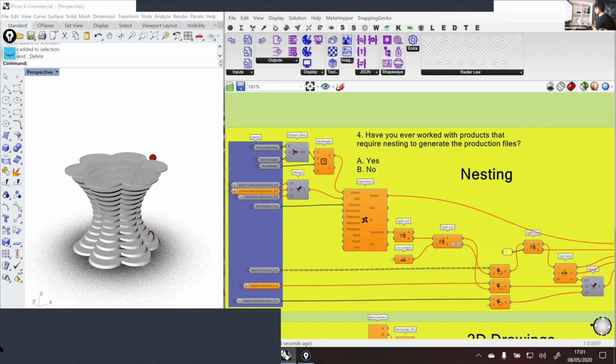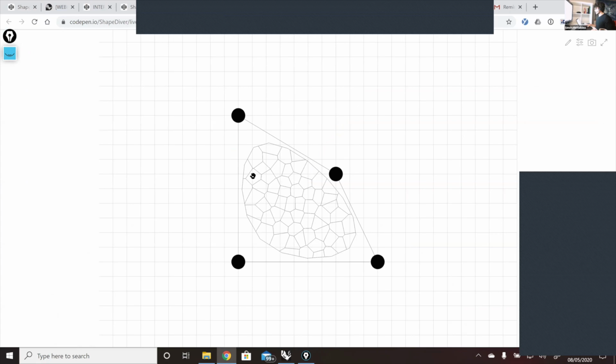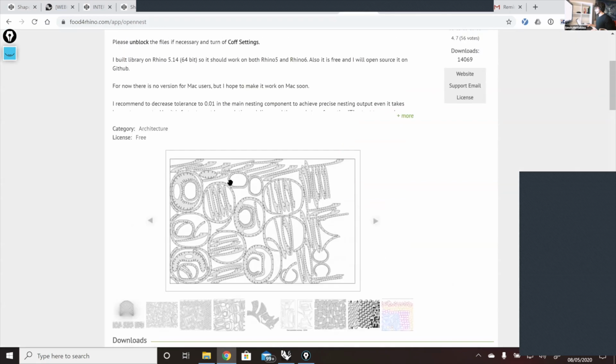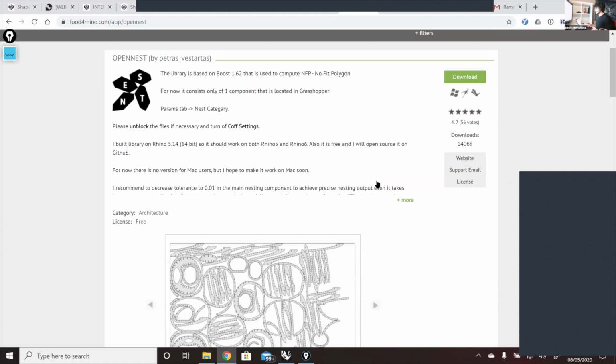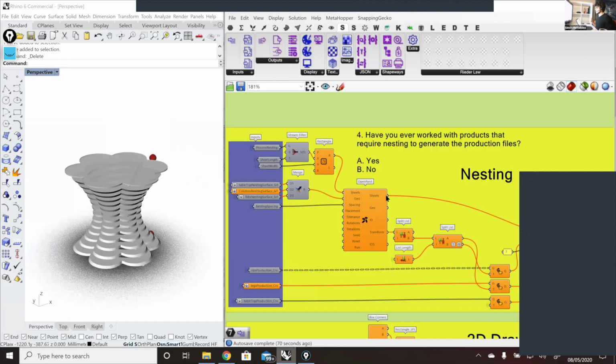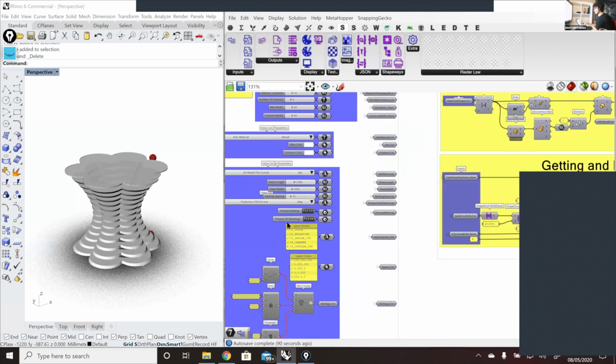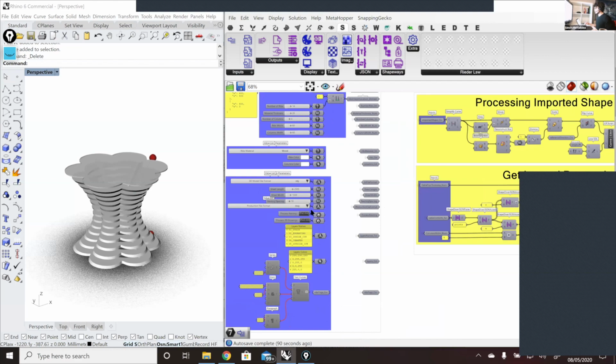If we go to Food4Rhino, we can check the plugin here. So here is the OpenNest plugin on Food4Rhino, and here we can see different examples of how this is being nested. And here, what I want to explain is how to make your nesting as optimized as possible. Of course, nesting is a very computationally expensive process, and therefore we always put a toggle for this kind of